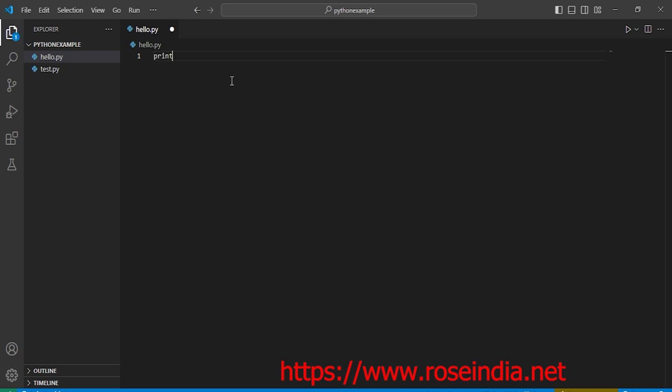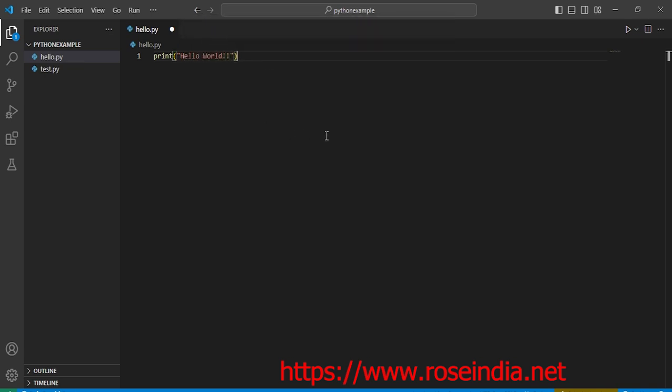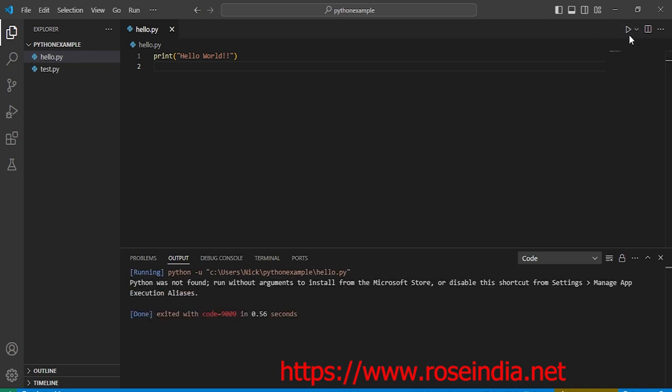I can write Python code, hello world, and press enter, save this file. Here you can see there is the runner plugin that we installed. It automatically detects that this is Python code, and to run it, just